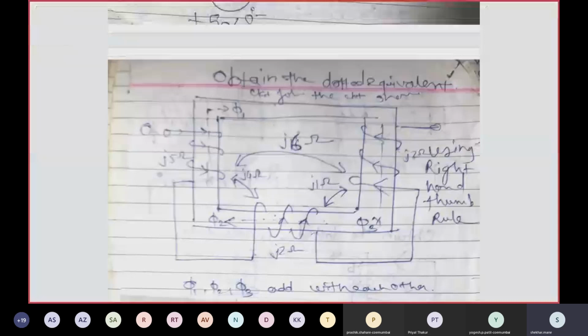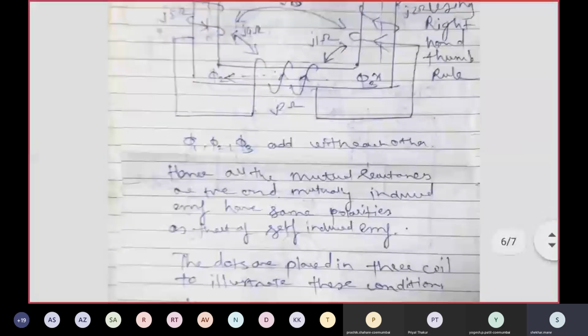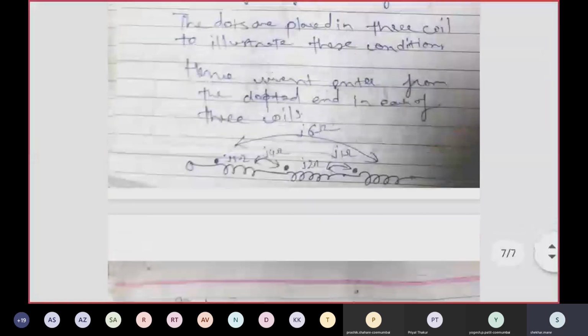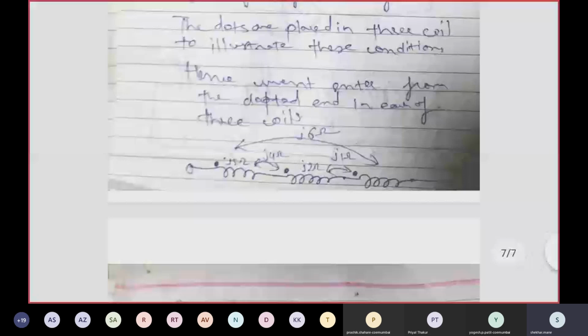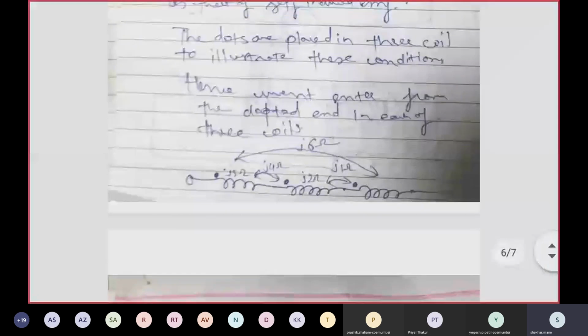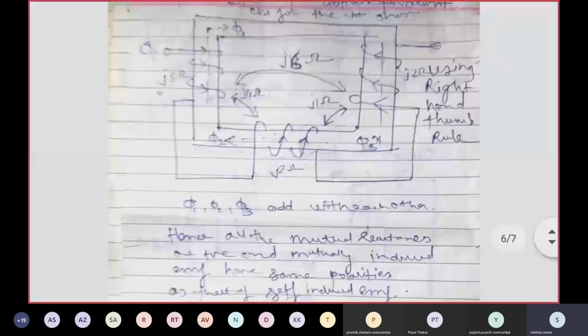Now you can see in this diagram, this circuit will not be asked in your exam. This is just extra knowledge that you should know. See how these coils are drawn in the equivalent circuit. How to draw the equivalent circuit for this actual circuit. This is the actual circuit.